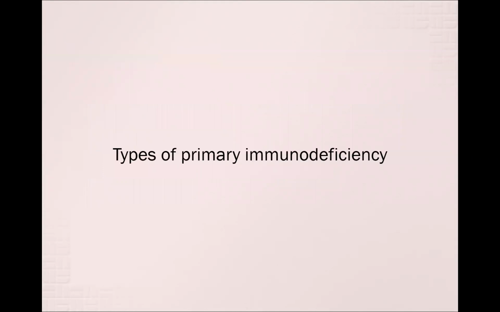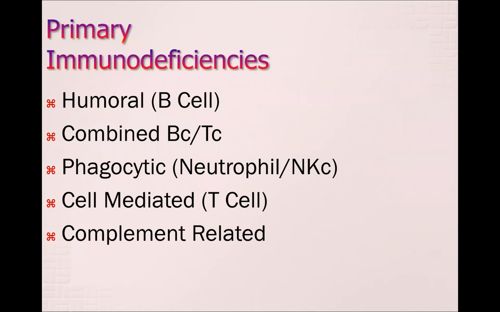All right, so there are 5 different types of immunodeficiency that we want to be thinking about. The categories are humoral or B cell type immunodeficiencies, combined type, B and T cell, phagocytic or neutrophil type immunodeficiency, cell-mediated T cell type, and complement related. So the next graph that you guys are going to see kind of breaks it down a little bit